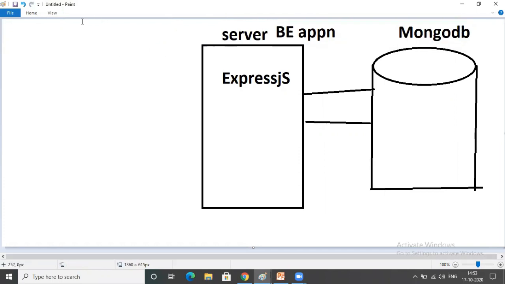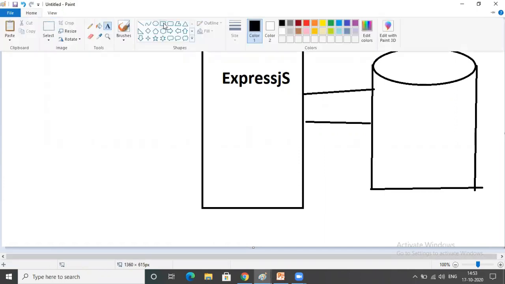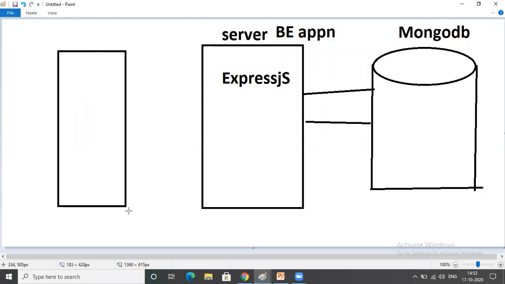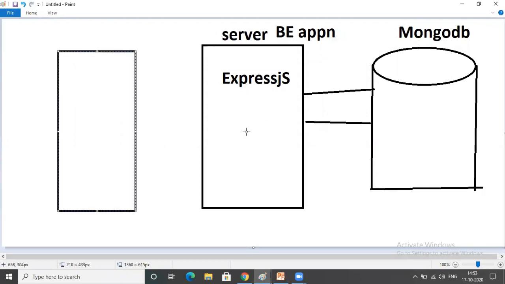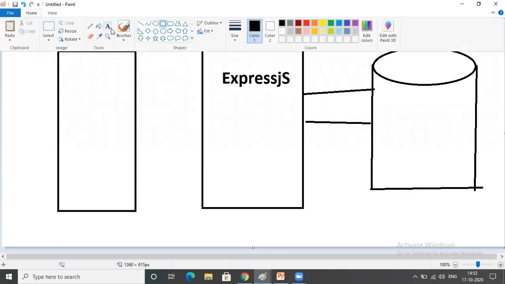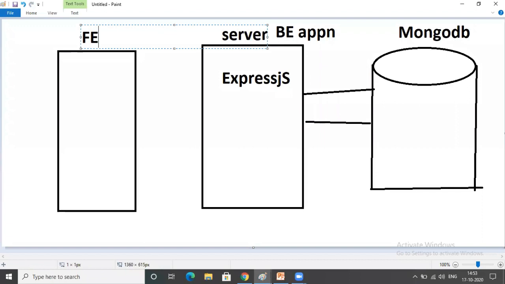And the front-end application I'm using is Angular. Express.js is a backend framework which is used to develop the backend application. Generally, Java people in this place will use Java or .NET. I will explain that, give me some time. And this is your front-end application, developed by using Angular. I think you already have knowledge of Angular, otherwise it is difficult to understand.